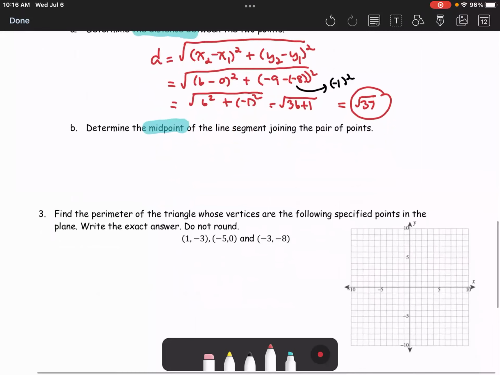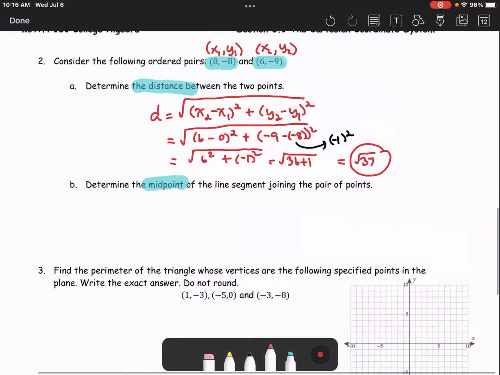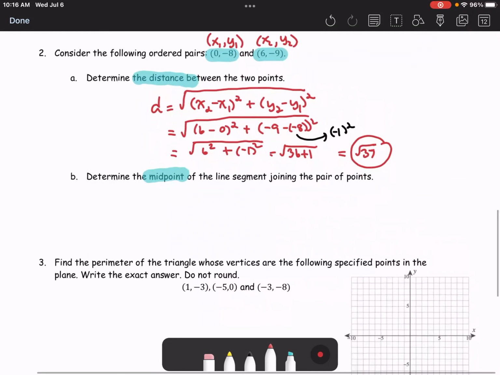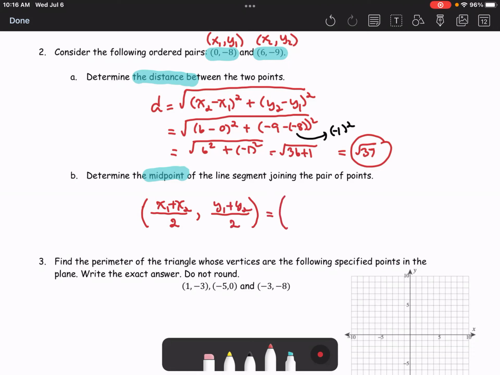For the midpoint of the line segment joining the pair of points, the formula is a half of the sum of each coordinate. So it is x1 plus x2 divided by 2 for the first coordinate, and y1 plus y2 divided by 2 for the second coordinate. So x1 plus x2 is going to be 0 plus 6, divided by 2, and y1 plus